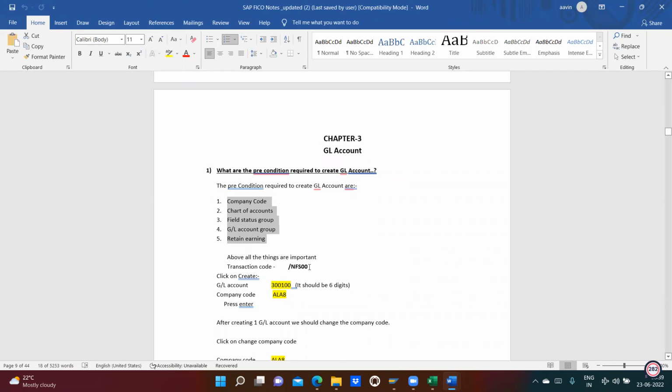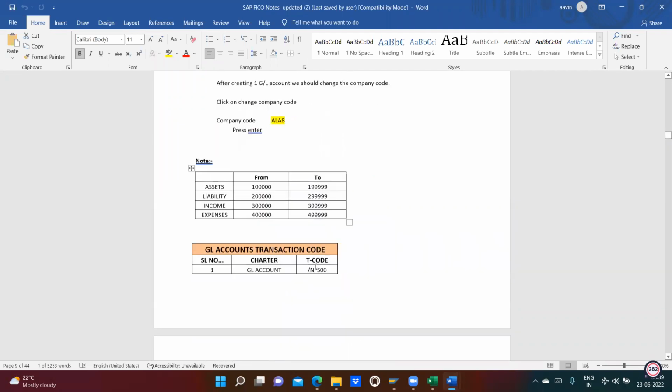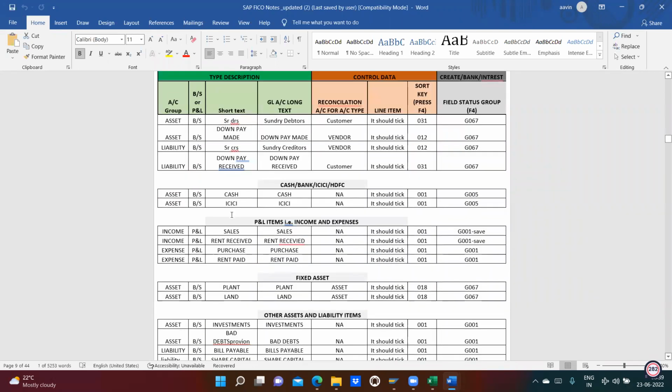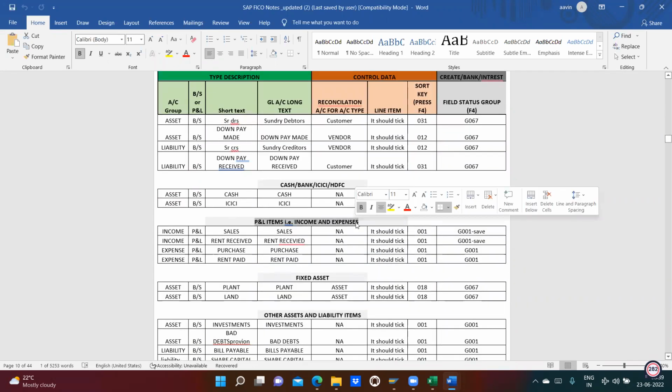Simple. And then I asked you to create some transaction code. But for the transaction code, there's no theory. Come on. Next one. I came directly to the profit and loss items. You are a commerce graduate, if I'm not wrong. You know what is profit and loss, what is a balance sheet. Yeah. Okay, right. Now, when I came to the profit and loss, I said sales, rent received, and gave some